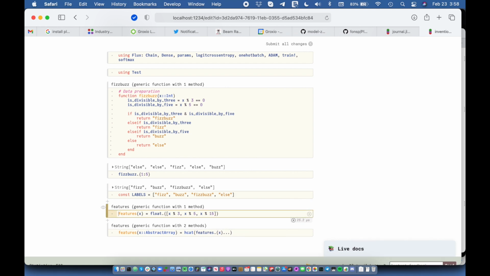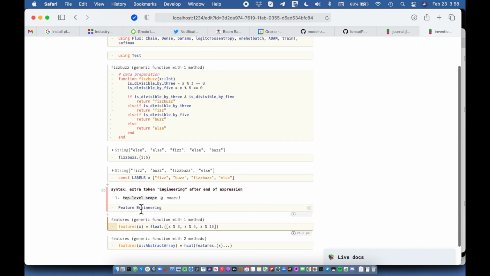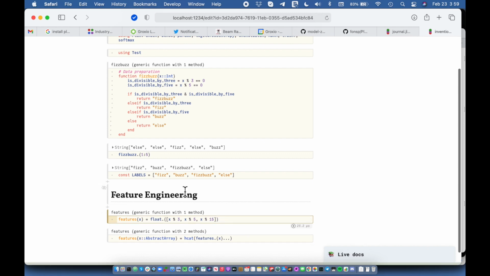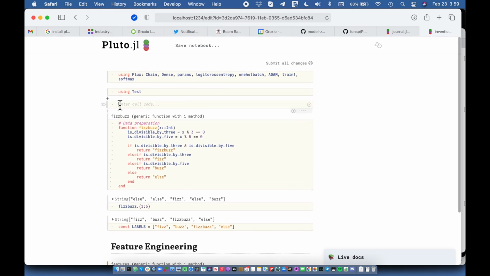You know, we could have that comment, but maybe a better place to put the comment is here in documentation. So I could say feature, but it's going to interpret this as Julia code. So what I need is a rapid way to say, no, I want this to be text. Well, the best way to do that is to say, hey, this is Markdown, and I'm going to give this a heading with 2 pound signs. And so now I have the feature engineering heading, and I can hide this to kind of keep this documentation intact as I go, right? So maybe we're going to here say something like,